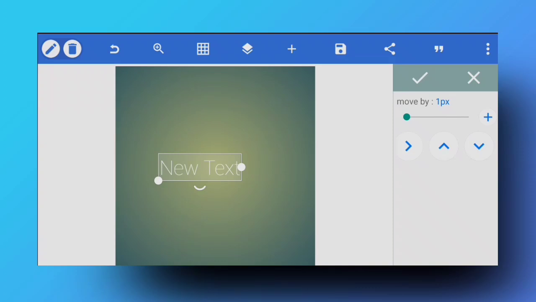If you want to use this tool, it is also common with all the layers. You can use it with an image layer, or with any rectangular solid layer as well. And this is how it works. This will really come in handy if you want to add or align specific things in a specific way with a correct pixel size. You can literally control the pixel movement of that particular thing that you have selected, in this case the text.